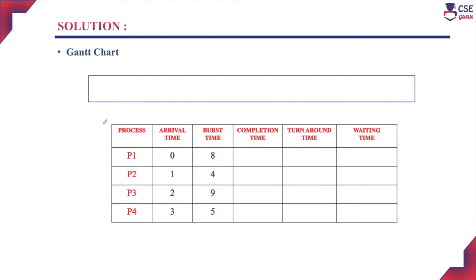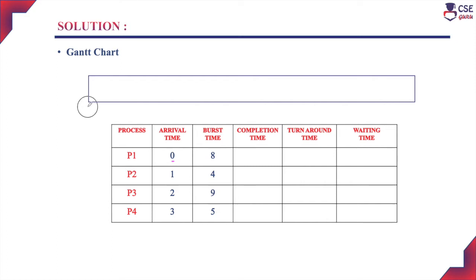So now we will construct the Gantt chart first. This Gantt chart shows the starting time and the completion time of the execution of each process with the CPU. So if you are considering here, at the time of 0 millisecond, only the process P1 will be available in the ready queue. So there is no other process in the ready queue, so no need to compare the burst time with any other process since this is the only process. So assign the process P1 to execute with the CPU.